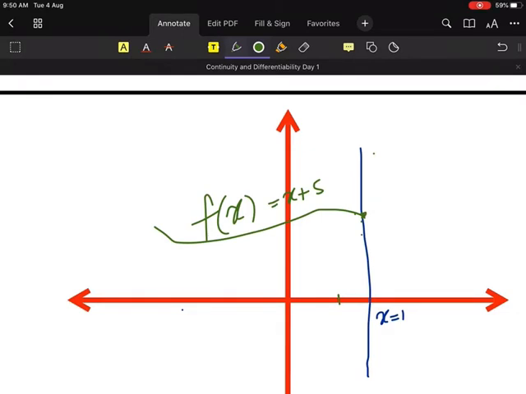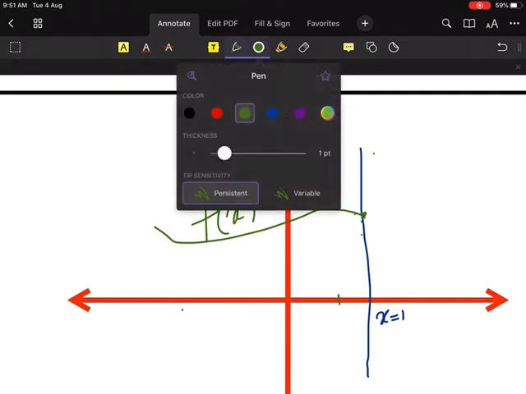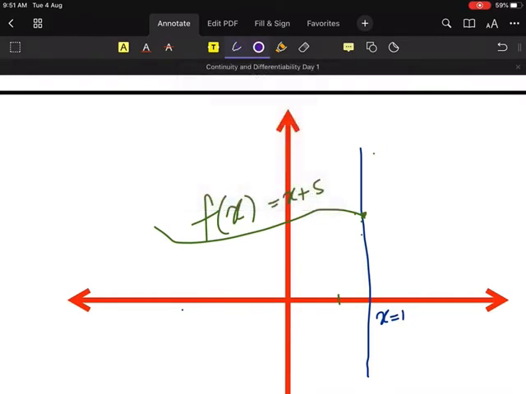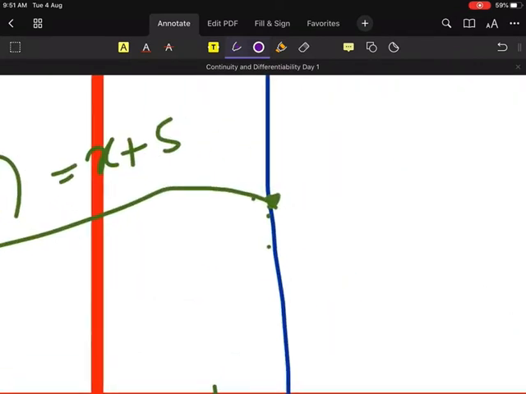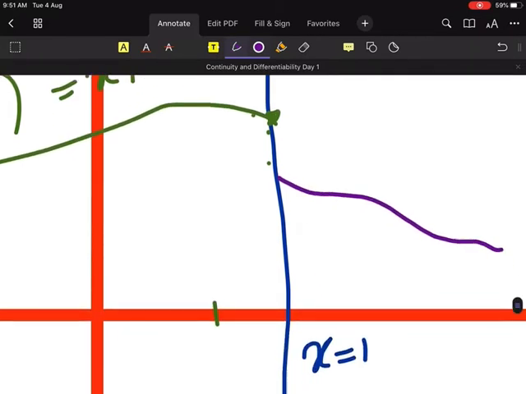Now if I have to draw a graph on this side, for x greater than 1, suppose the function looks like this. I'm just making assumptions, I'm not drawing the actual graph. Everyone must be clear about this one. Now let's draw the other part of the graph with a different pen, the purple one. So let us say it is like this. Can anybody tell me whether this graph will touch this line or not?